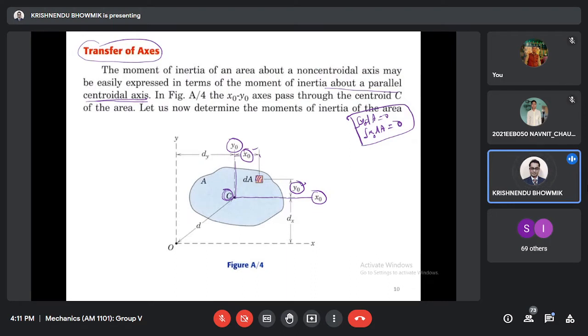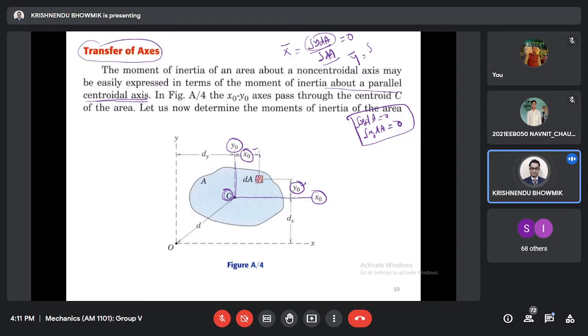Okay. From where did we get this? Because we used to write y dA, integration over dA. dA cannot be 0, so this integration is supposed to be 0. This is the 0 for the centroid. So y bar equal to,